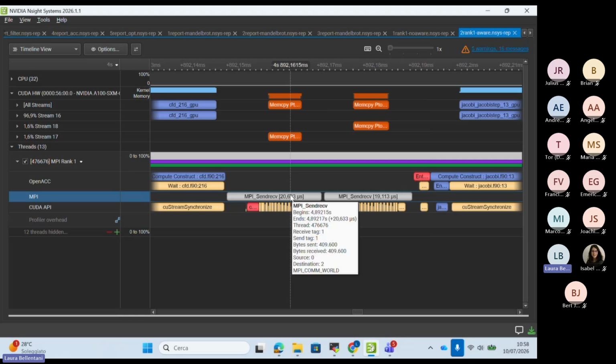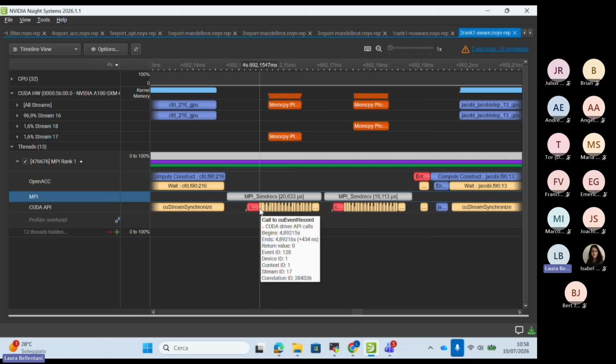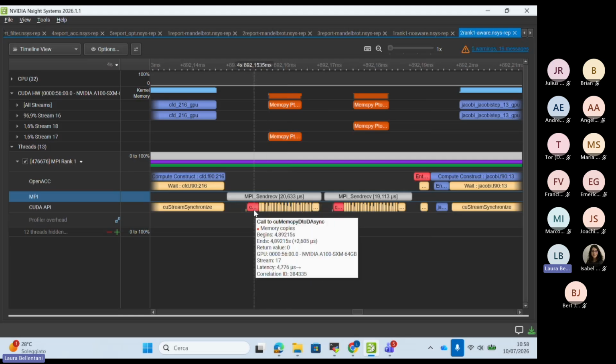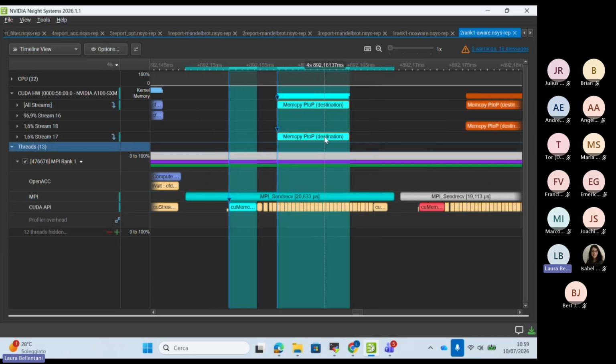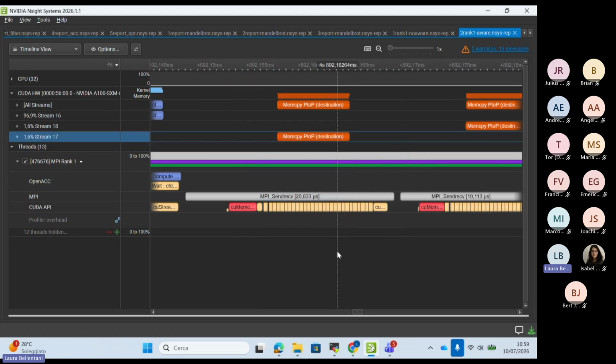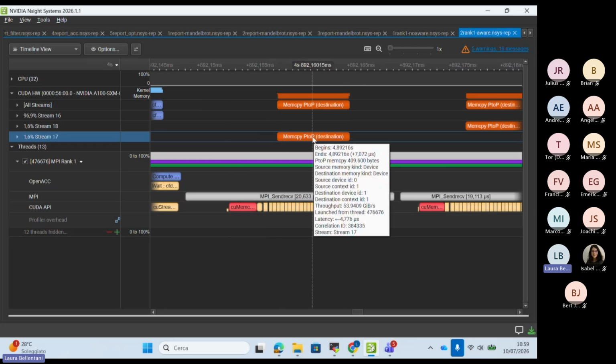And for the MPI send receive, now you have a CUDA backend where you can see what is called from the send receive communication, like this memcpy device to device async, which corresponds exactly to this memcpy peer-to-peer. This is a signature of the fact that the communication is actually CUDA-aware. We will see in a production case that this should not be taken for granted. But with Nsight Systems, you can actually check that you have this CUDA-aware communication intranode.